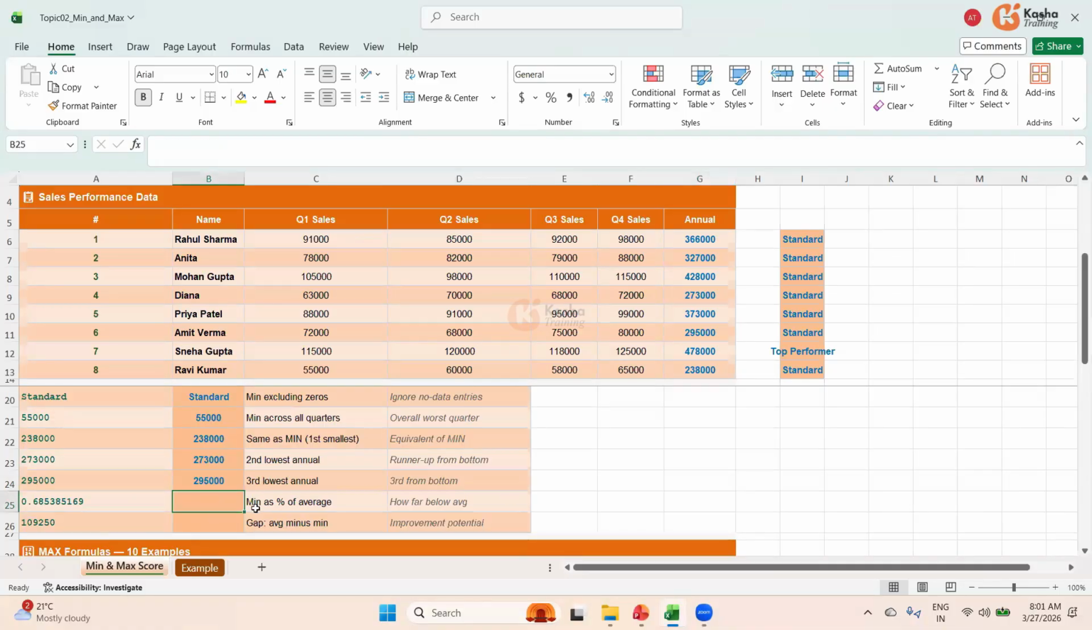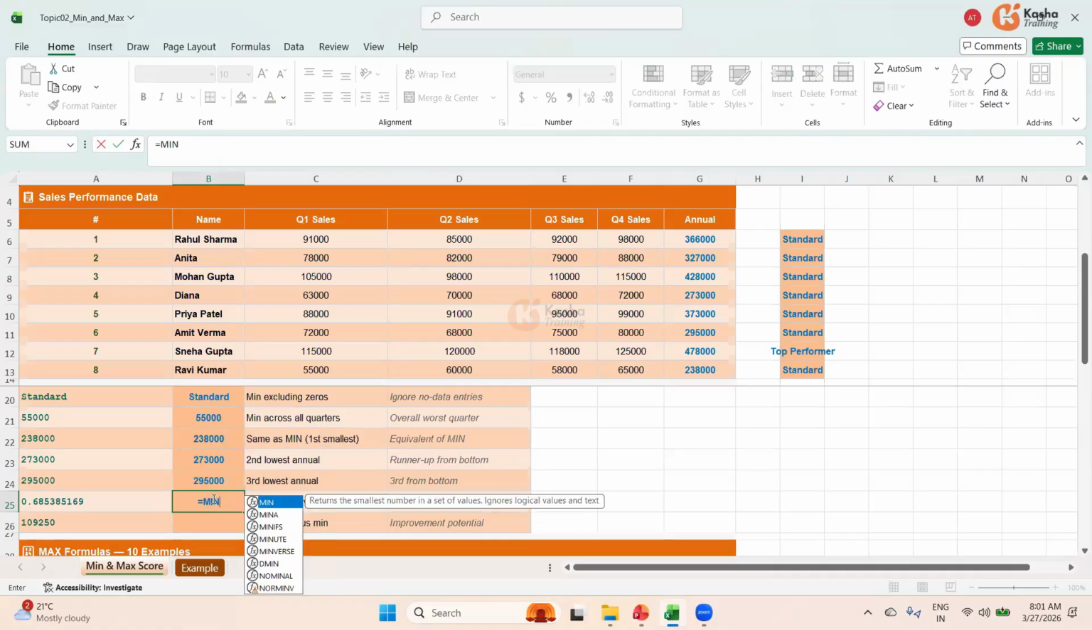Next one is minimum as a percentage of average. How far is it below average? I want to figure out how far below average it is, so I'll give all these below average formulas here. Let's do that. I will give an equal to sign, and then MIN, and in this minimum I'll open the bracket, from G6 to G13, close this bracket and then divide it by